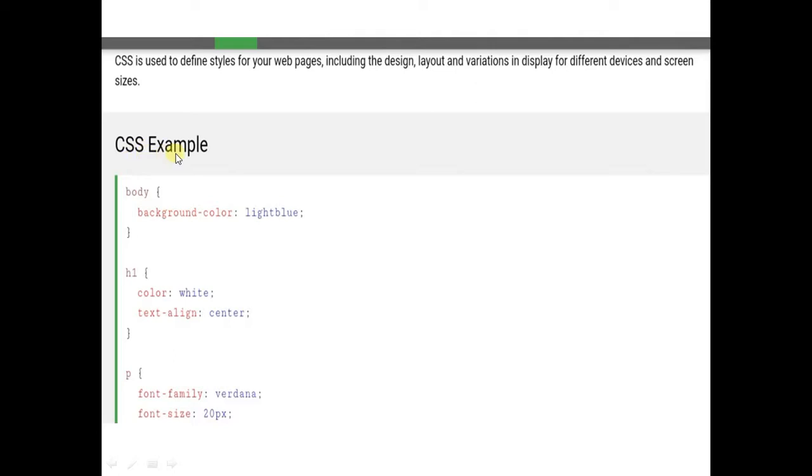In CSS we write the HTML elements, and according to the HTML elements we write the properties and their values. Like the body element is there, so the body element is written, then in curly braces the property of the body element, that is background color. Now the value of background color, that is light blue, sky blue, or blue, green, whatever you want. Then a semicolon, then the curly braces close. After one element and its properties and values, the curly braces are closed. Then we can write the second element, and then in curly braces the property and value of that element. Like this we can continue.